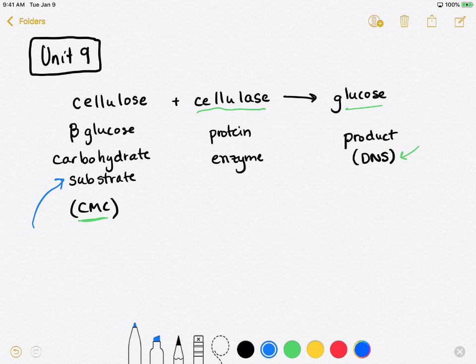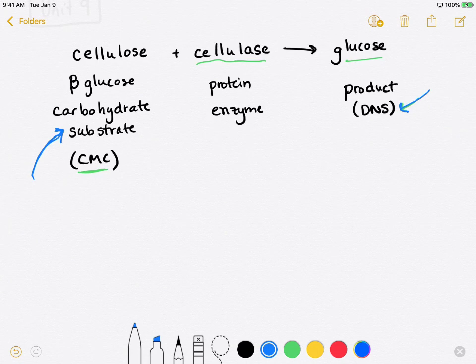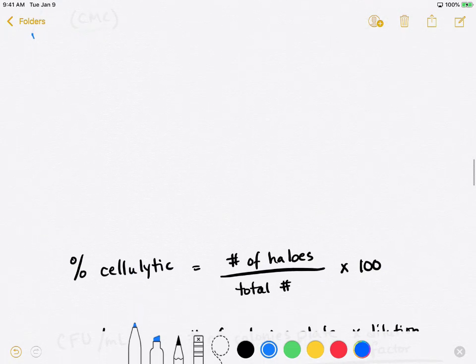First, we can look to see if glucose is being produced. That would mean our enzyme is functional. Second, we were also going to look to see if cellulose was being decreased. That would also mean the enzyme was active. So in this experiment, the first thing that we did was we looked at our bacterial dirt plates that we had made the previous week. So as we looked at these,